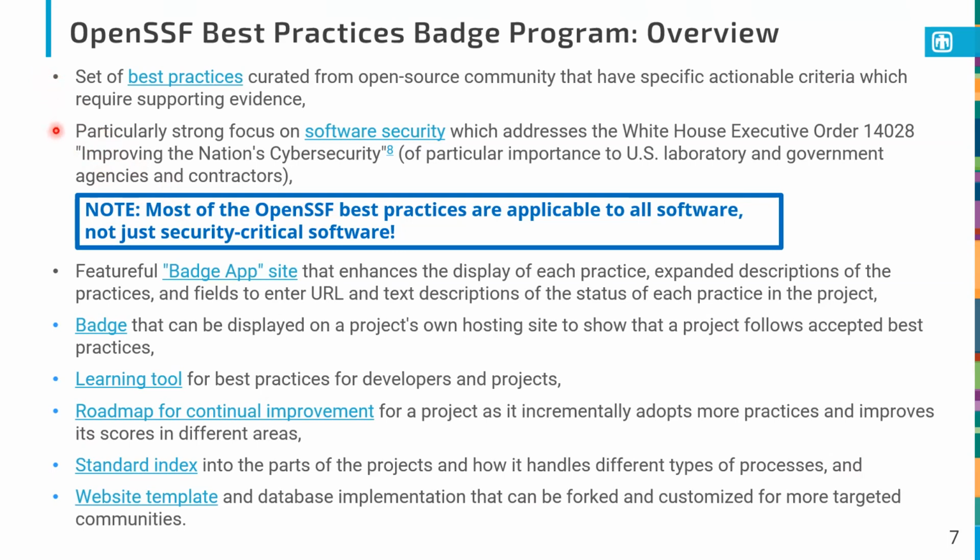Now, what's particularly unique about this set of best practices is that there's a very strong focus on software security, which partially addresses this White House executive order, for example. And this applies to US government, national laboratories, and so forth. But while this comes from the OpenSSF Foundation, and it has a really strong security focus,